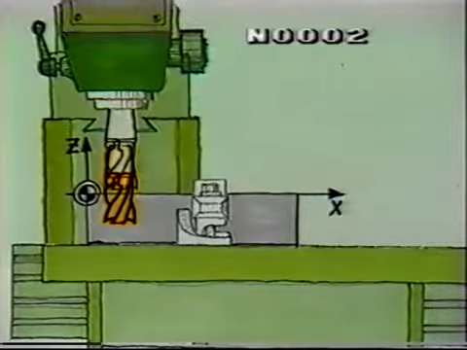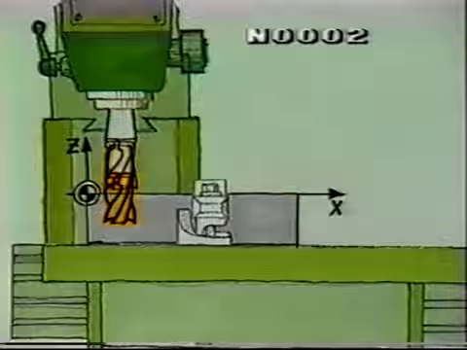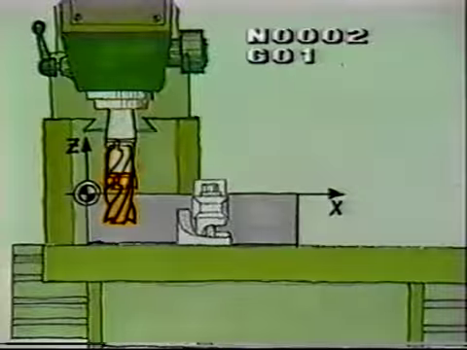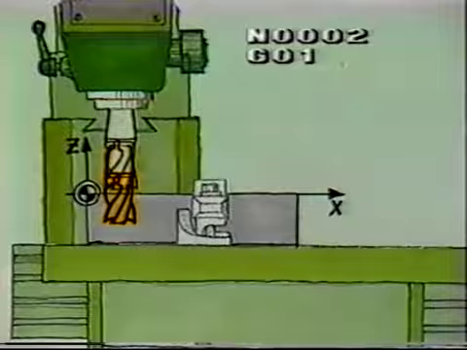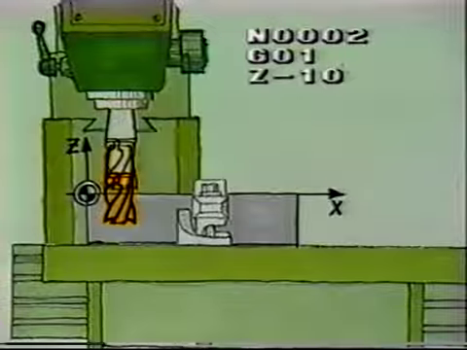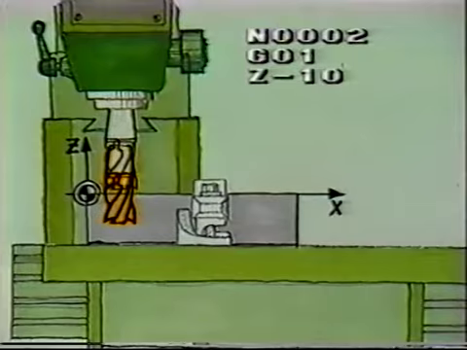I can do it at the feed rate. Just keep going in a straight line. Moving in a straight line in feed mode, that was path condition G01. Where to? Yeah, to Z minus 10. X and Y stay the same. Axes do not have to be programmed if there aren't any movements along them.